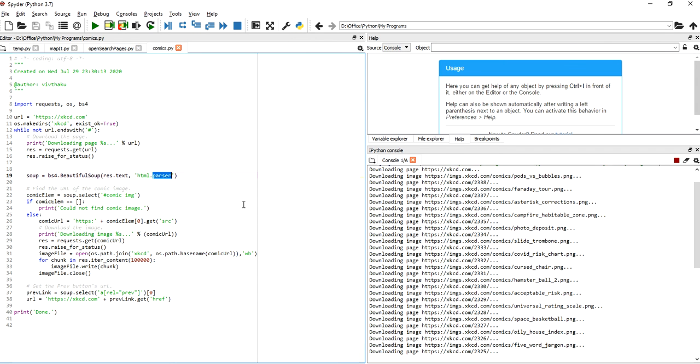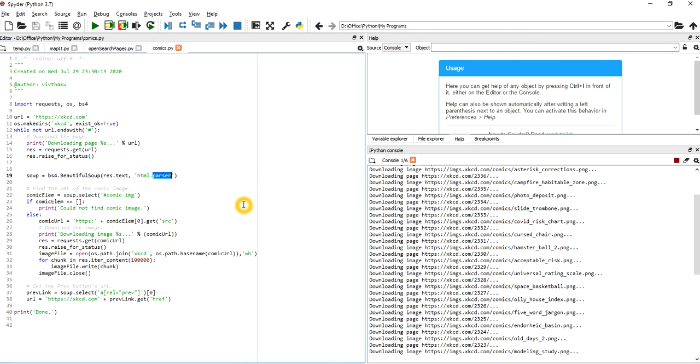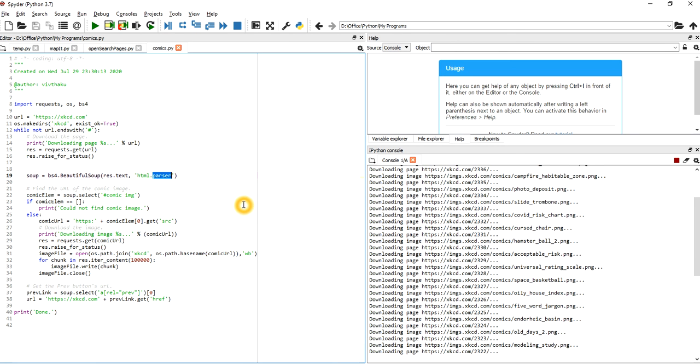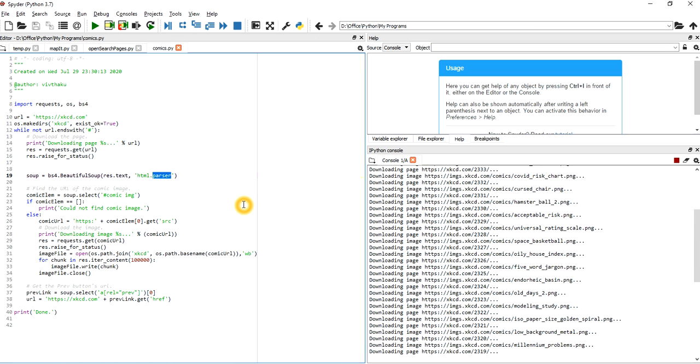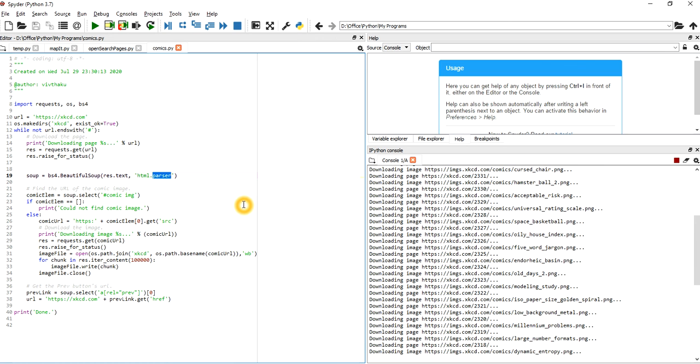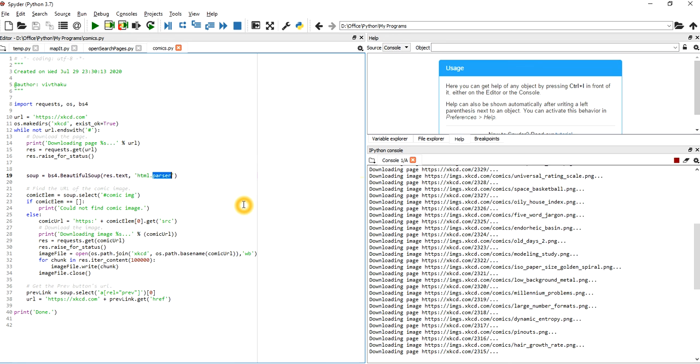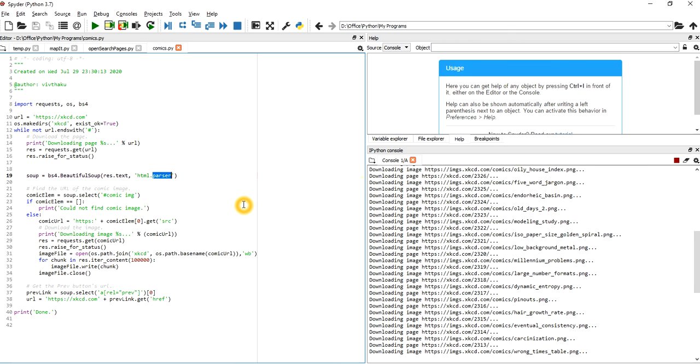So we have to at least be prepared, and don't try this with Google. I'll be coming up with a Google one separately. We have to use Selenium because Google is a smart guy, so it will not directly allow Python. So we have to use Selenium in such a way that we can go and download images, because Google has a wide variety of images. But yeah, let us check certain sites where we can apply this logic.